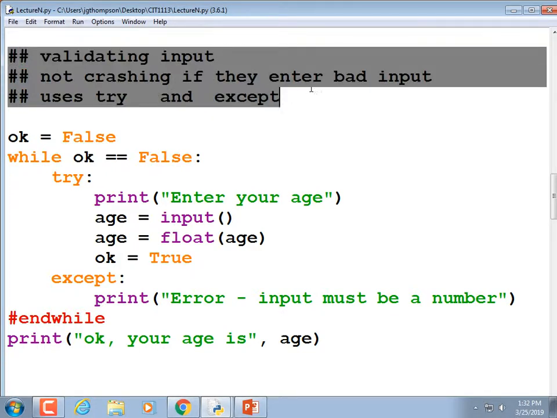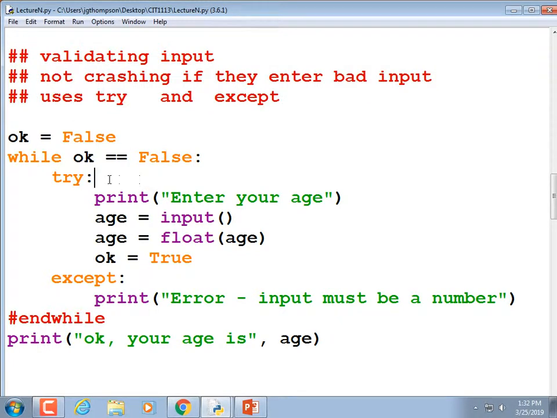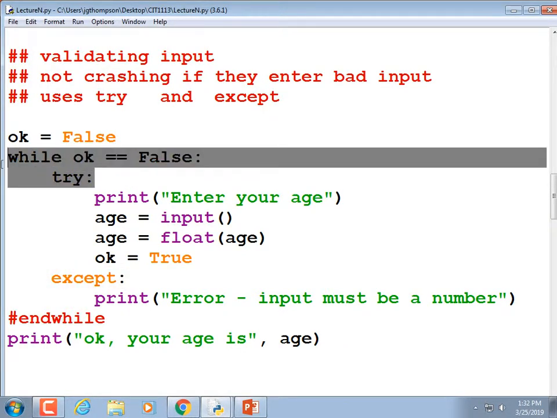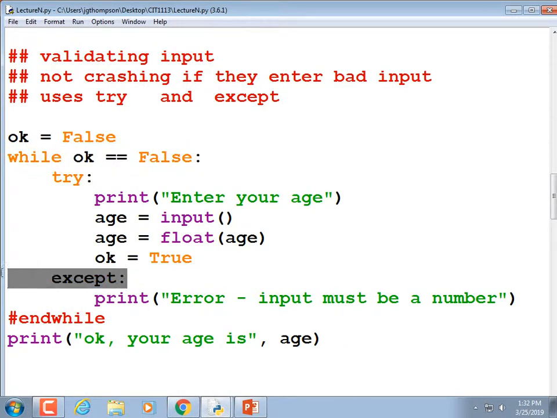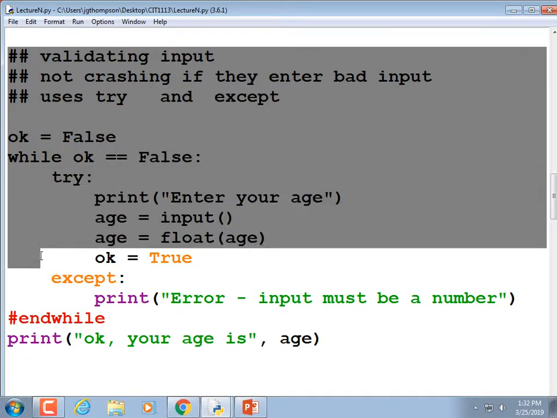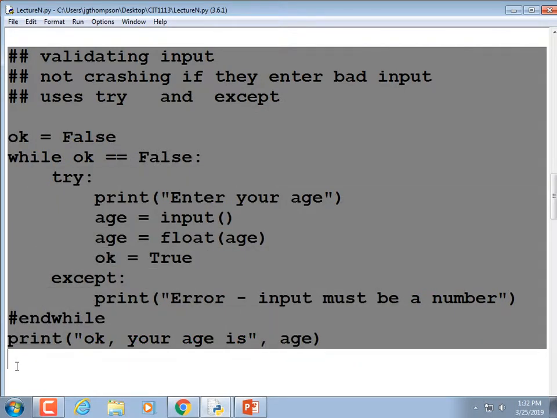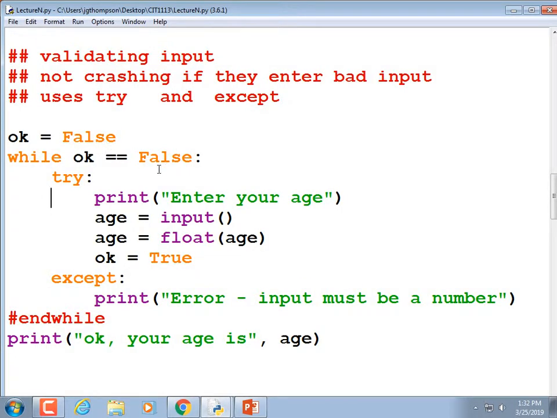This is how to validate input to make sure that they don't type in invalid numbers, like letters when it asks for numbers. It uses something called try and except. I'm not going to ever ask this on an exam, and I'm not going to ask you to do it in a program. So you can just ignore this part, or you can look at it, try it out, see if you can try to understand it. So pause the recording. Look at this.